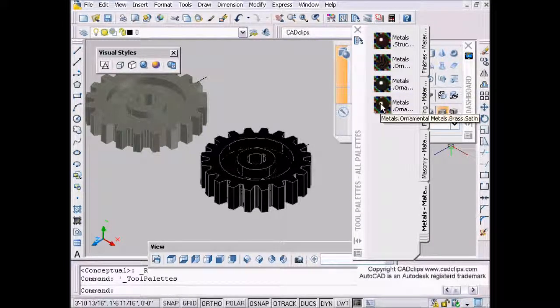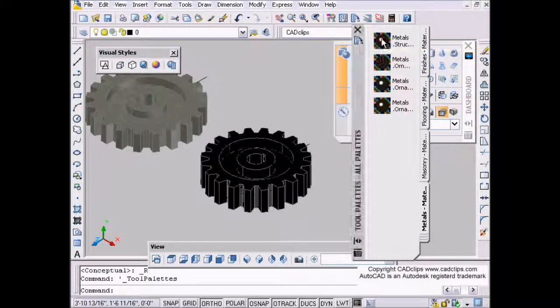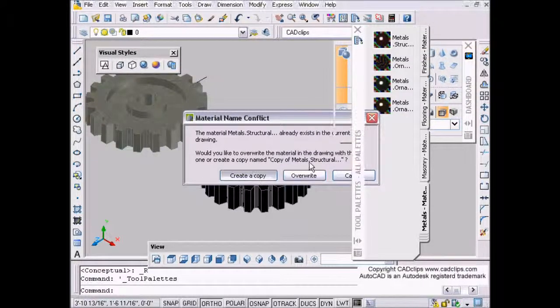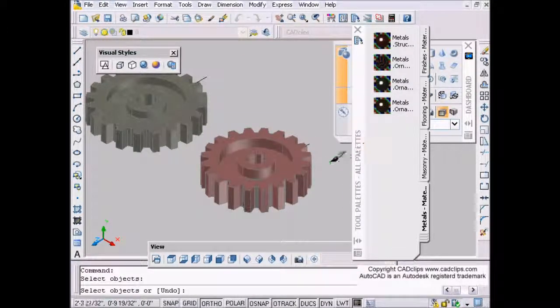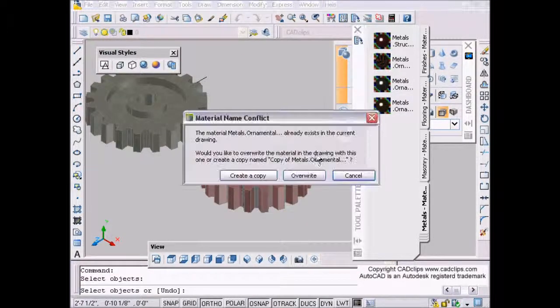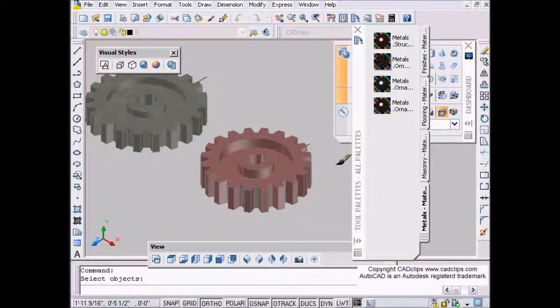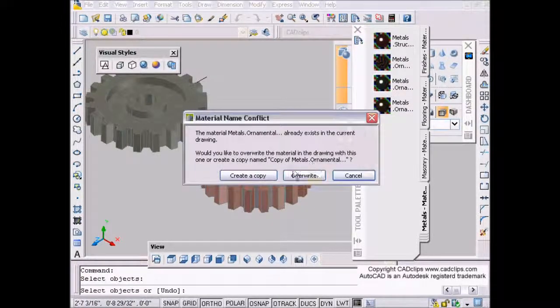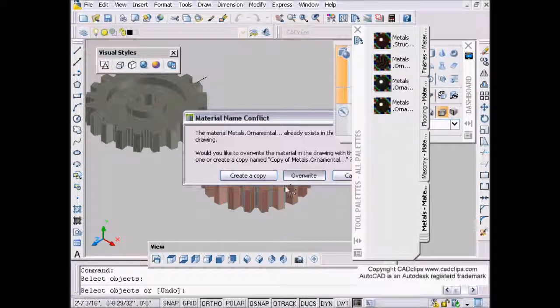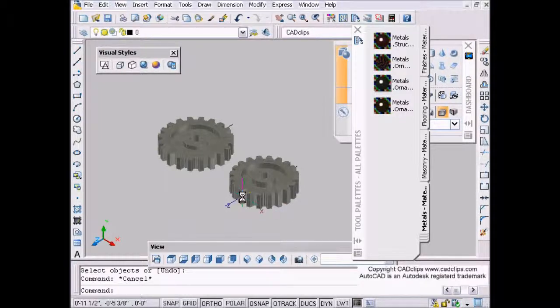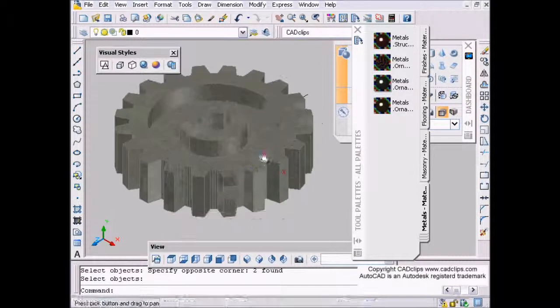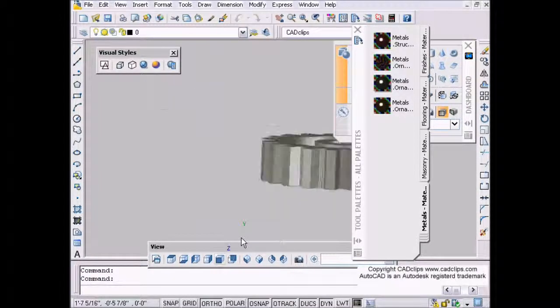Then I can pick one of these and create a copy, and then simply pick on that object and apply that metal. And there's other materials as well. We'll talk about materials a little bit later. Erase the original,